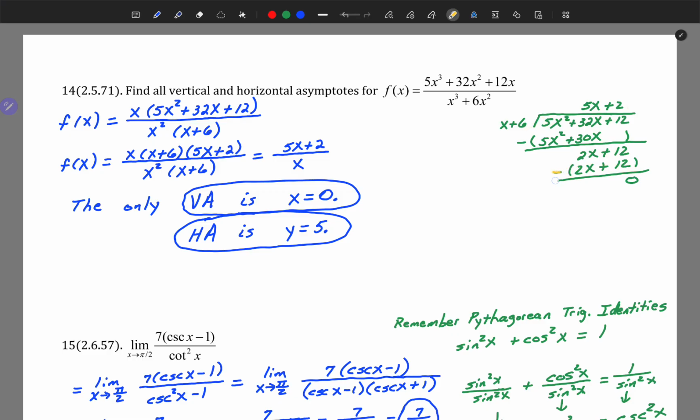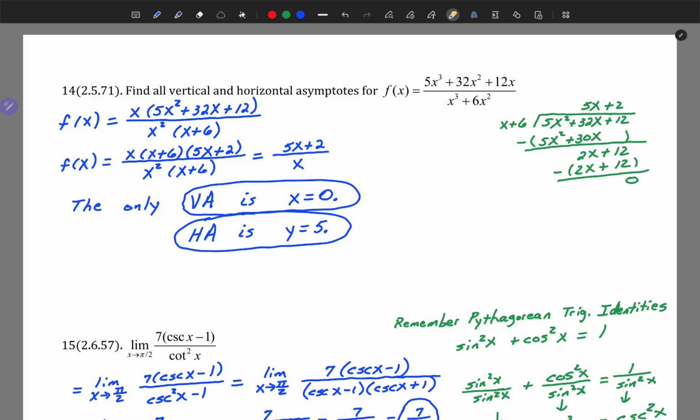This was gorgeous. This long division told me that, yeah, x plus 6 is a factor of 5x squared plus 32x plus 12. And that tells me that x plus 6 times this is equal to that original trinomial. That's what I rewrote here. And then in this step, I showed that the x plus 6's cancel. The x cancels with one of the x squareds in the denominator, and I'm just left with 5x plus 2